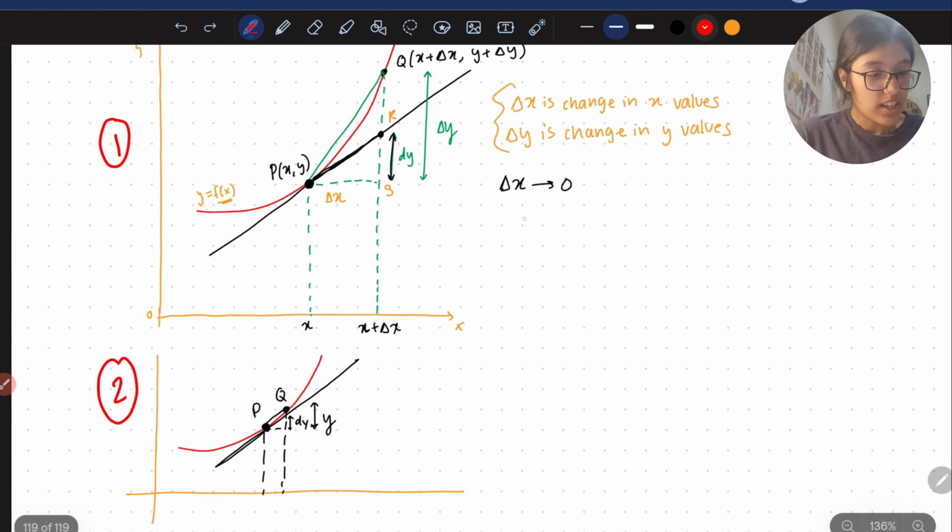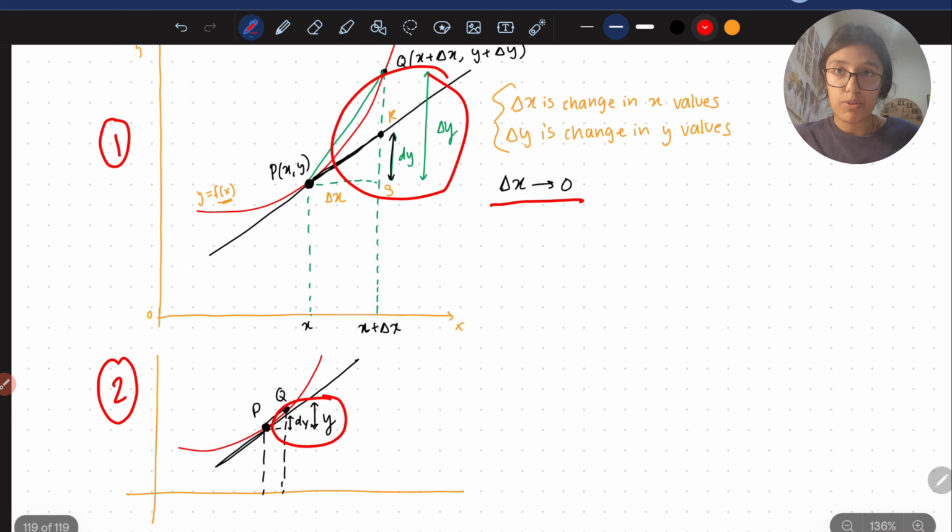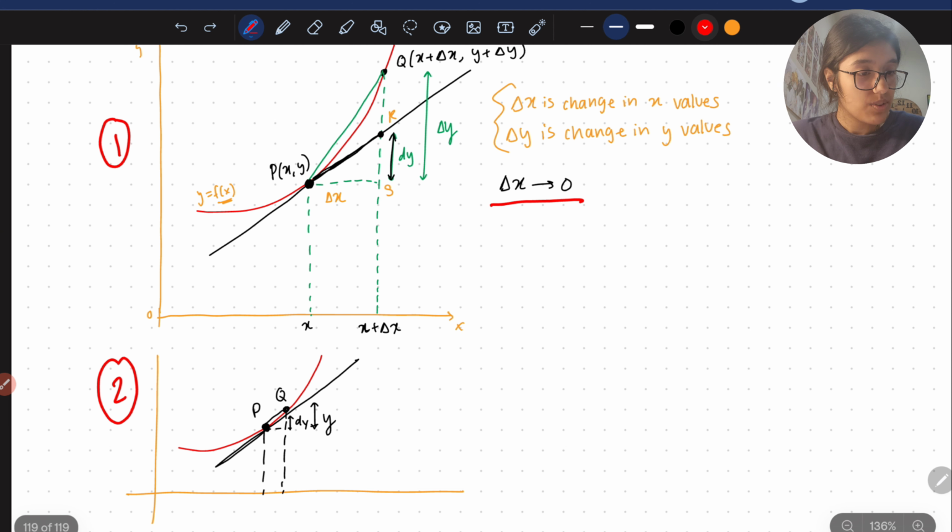But when we let delta x tend to 0, meaning the spacing between point P and point Q is very small, delta y suddenly decreased a lot, and so did dy, but not that much. They look much closer in scenario number 2 than they were in scenario number 1. Therefore, we can conclude